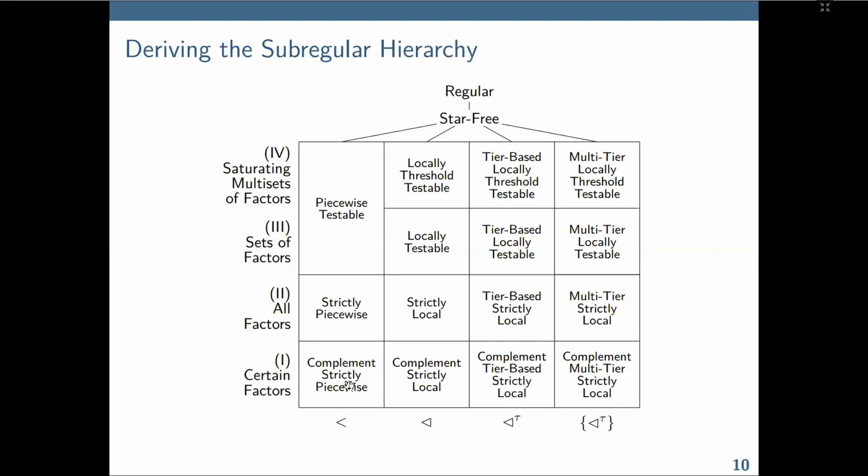And so you get this sort of grid of 16, well, actually it's 15 different algorithms. A notable quirk is that over the precedence relation, algorithms 3 and 4 don't actually make any difference with respect to the distinctions, but this is a minor quirk. When you interpret these 4 algorithms as making more distinctions, you'll see that the difficulty of learning increases as you go up the vertical axis. Namely, for example, over the successor model, it's more difficult to learn the strictly local patterns than it is to learn the complement strictly local patterns. It's more difficult to learn the locally testable languages than it is to learn strictly local, and so on and so forth.